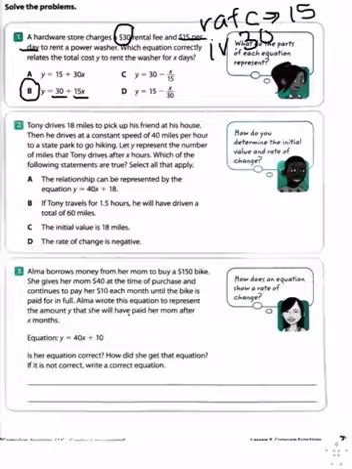Problem number 2. Tony drives 18 miles to pick up his friend at his house. Then he drives at a constant speed of 40 miles per hour to a state park to go hiking. Let Y represent the number of miles that Tony drives after X hours. Which of the following statements are true? Select all that apply. So, again, we need to identify the rate of change